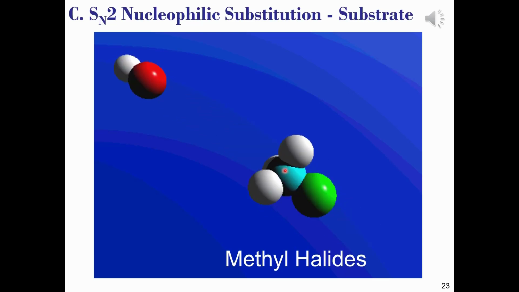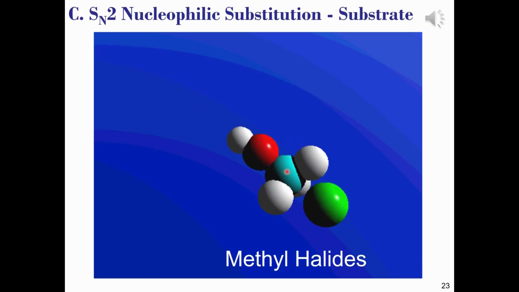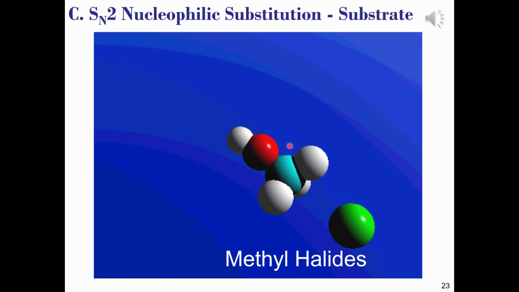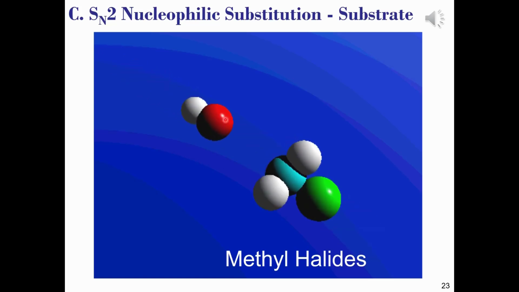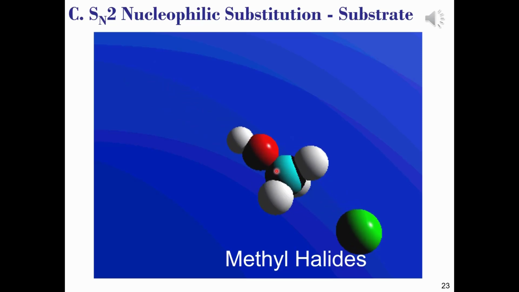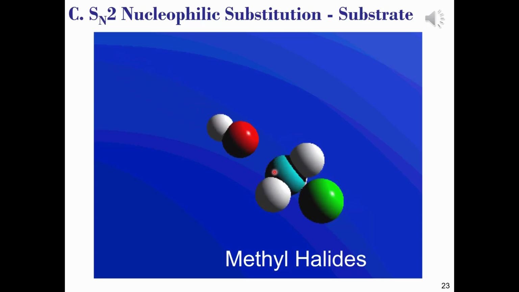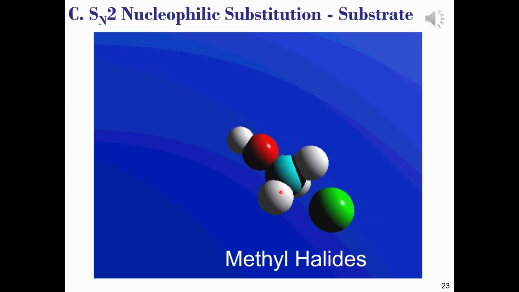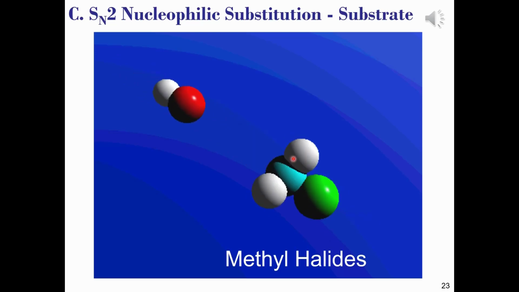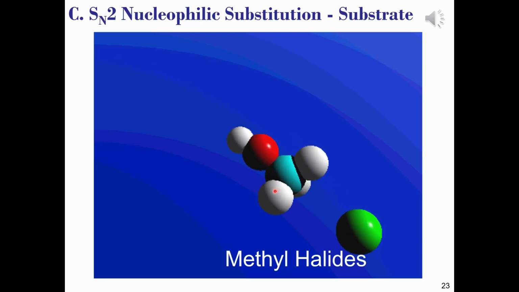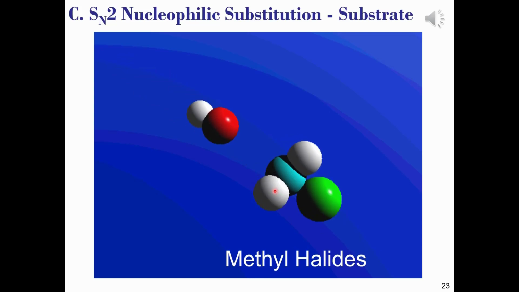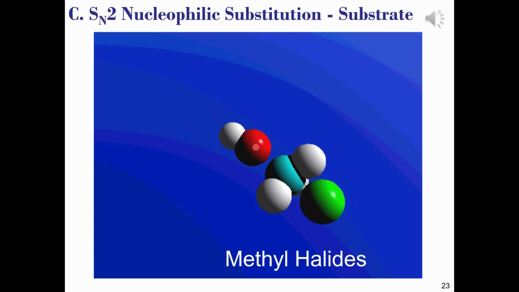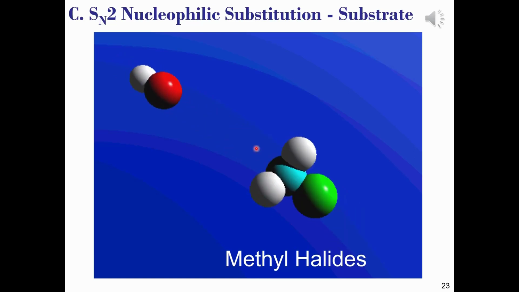Well, the carbon of our methyl halide is the electrophilic site of interest here, and there's very little opposition to the approach of that nucleophile from the backside. So there's very little steric hindrance, and this refers to the spatial arrangements of the atoms or groups on that particular carbon. The hydrogen atoms are particularly small, and so they do not hinder the approach of the incoming hydroxide nucleophile. Let's look at this animation now, and we can also see the inversion, even though this is not a